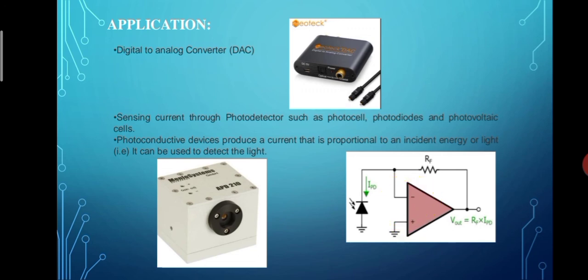Summary of the concepts we have learned: first, we learned what a voltage to current converter is and where it is used, and the two types of converter, with a floating load as well as a ground load, and the derivation for that. Next we came to the current to voltage converter, what it is and where it is used. We have learned its derivation and circuit diagram, plus the applications of both the voltage to current converter and the current to voltage converter.